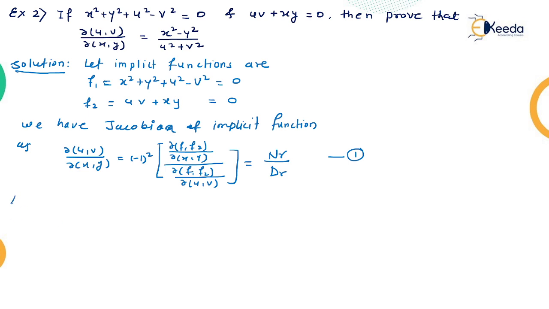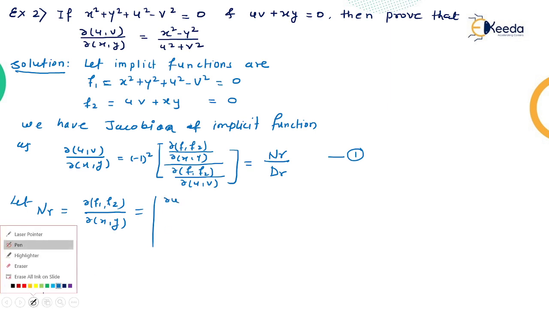Now, what is the numerator? I am calculating it separately. The numerator is del f1 f2 upon del x y. I am writing the derivatives directly in this determinant. So what is the determinant here? Del f1 upon del x